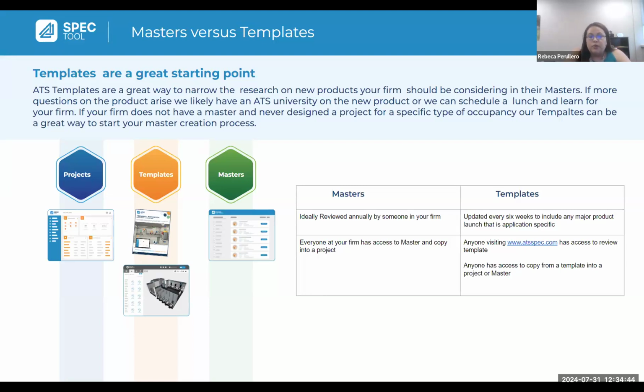From a template standpoint, we're a little different. We probably update templates at least once every couple of weeks, every 6 weeks or so. And we're trying to include all of the major products that have launched into the specific application. So that does not mean that every new product that gets added into the SpecTool automatically goes into the template. We're trying to be strategic on introducing new products to you so that it's an easy way for any engineering or architectural firm using the tool to see what's new and see what's new for the specific type of project